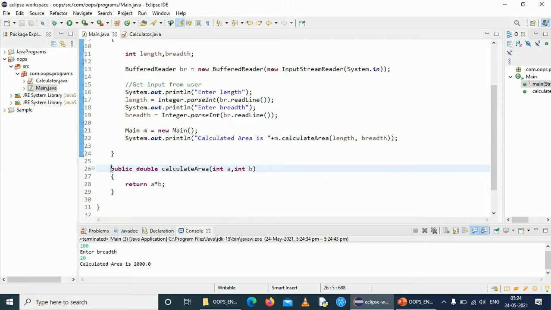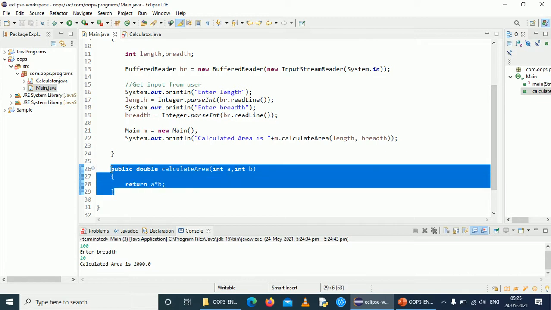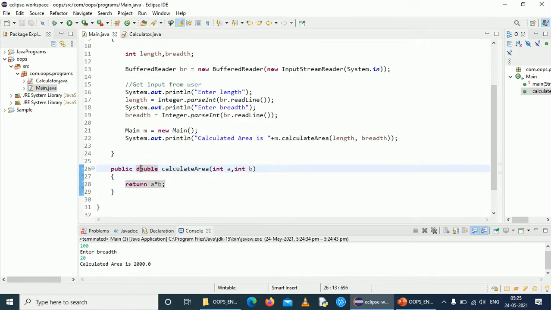The thing to be noted from this code is not that it calculates the area of a rectangle, but the method we have created here. This video is about what a method is. A method is nothing but a collection of code, or block of code, enclosed with curly braces, and it holds a name.